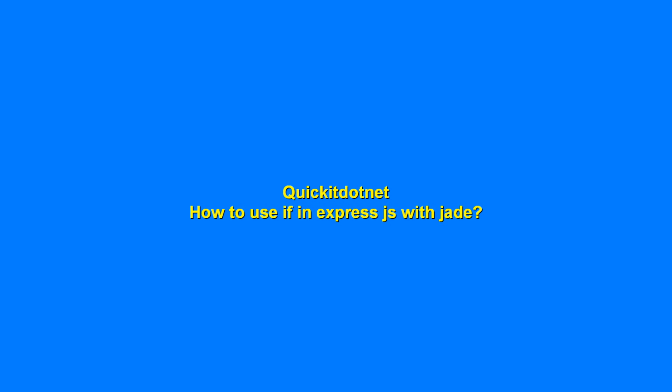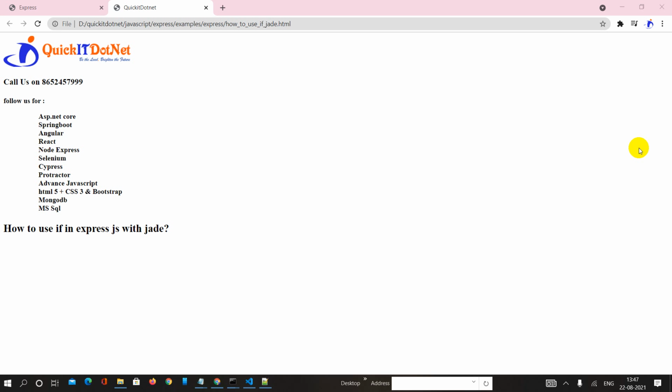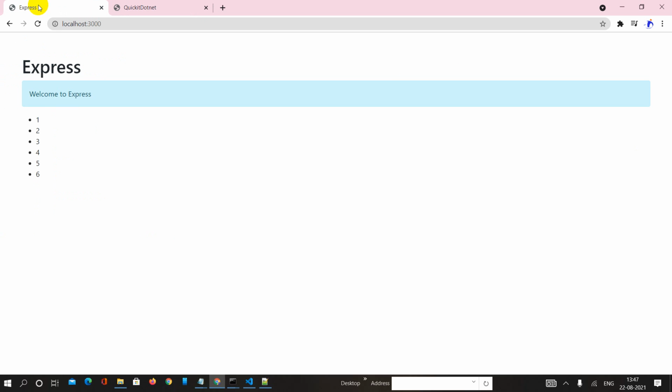Hi all, I'm Quick from QuickITDotNet and today we are going to understand how to use if in Express.js with jade. To understand this, what we are going to do is, as in the last lecture we understood the for loop,